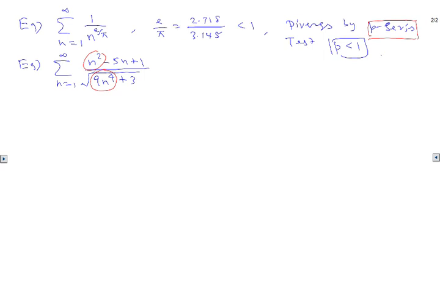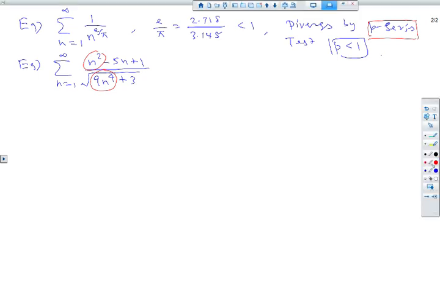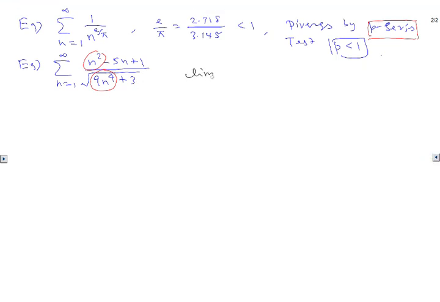Okay, so that means we're going to use the nth term test. So that's kind of the second one. We look at the nth term and see what it looks like. Okay, so that's the second important method that we try to do. We look at the limit. So you're going to see the limit,